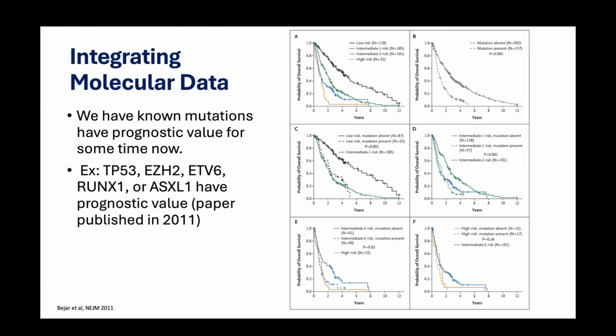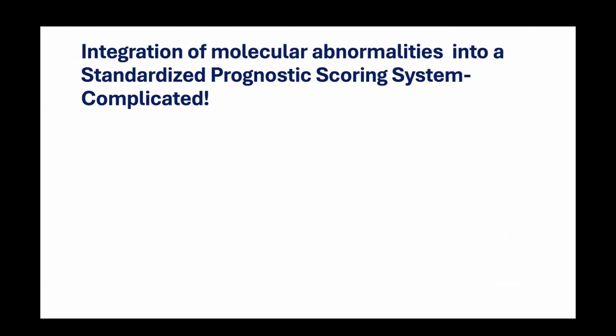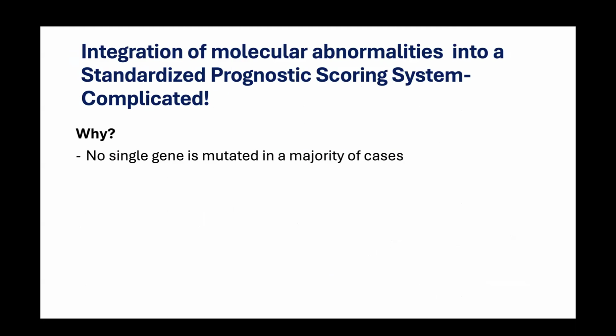But remember the one key thing I mentioned: in the past, we were just looking at cytogenetics and your labs to figure out your risks. So this wasn't really integrated into that IPSS-R that we look at frequently when we're screening you. So why were we not looking at this back then? Well, looking at this in a standardized way was pretty complicated. The reason being, I told you there are about 50 genes that are frequently mutated, and it's not a single thing, so creating a validated output for something like that is pretty tough. The other thing is these genes can exist at different frequencies within the marrow, so that makes a huge difference too.